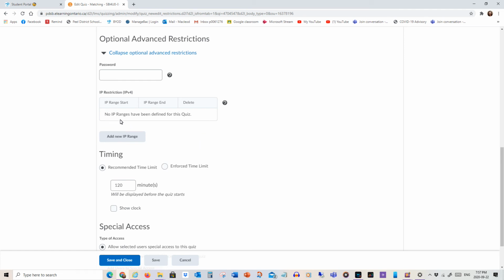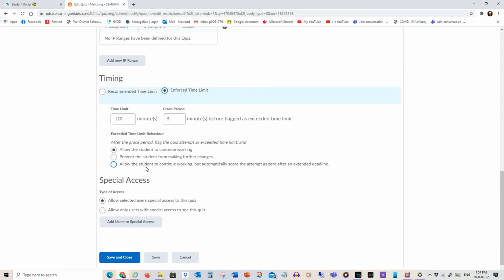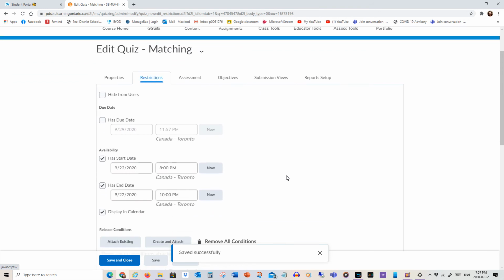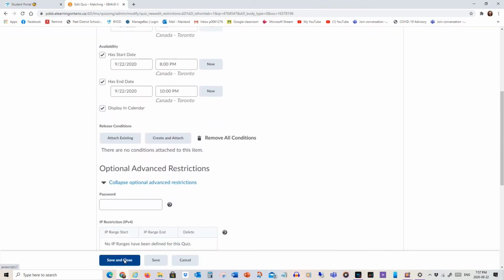You could put in some IP restrictions. You could put in a recommended time limit, enforced time limit, something like that. You could allow users special access. Okay, same thing. But what happens with this, if I save and close this,